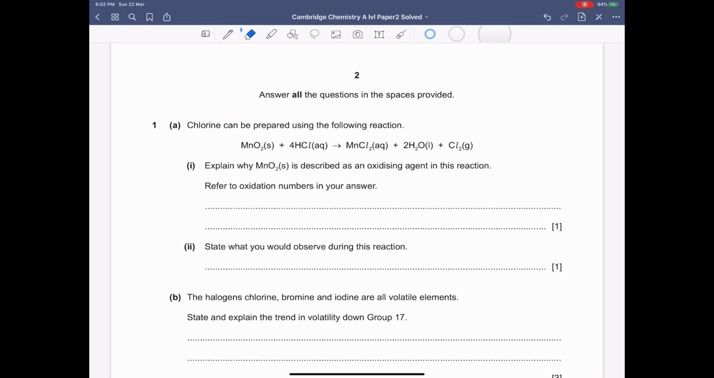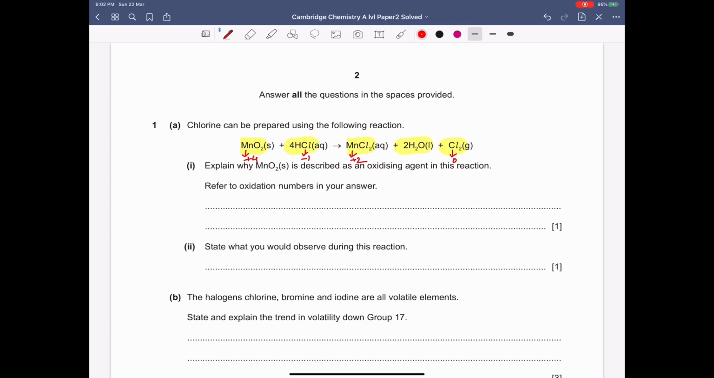First question. Chlorine can be prepared using the following reaction: MnO2 reacting with HCl to produce MnCl2 plus H2O plus chlorine. Here, Mn has oxidation state of +4. Cl has oxidation state of -1. Mn has oxidation state here of +2 and Cl here has oxidation state of